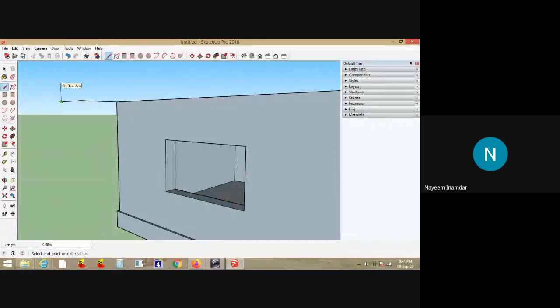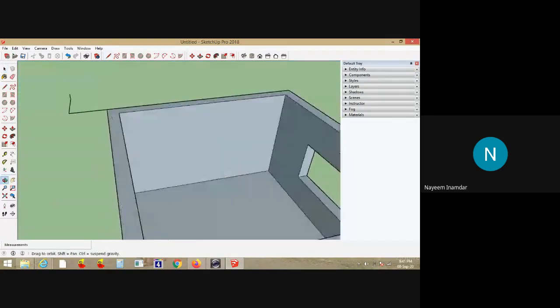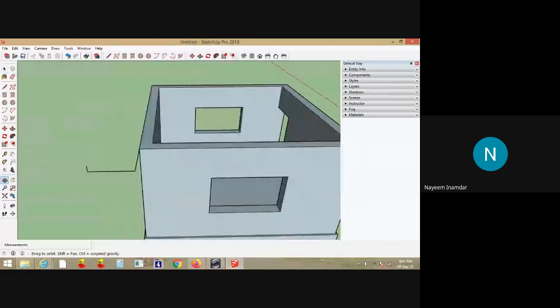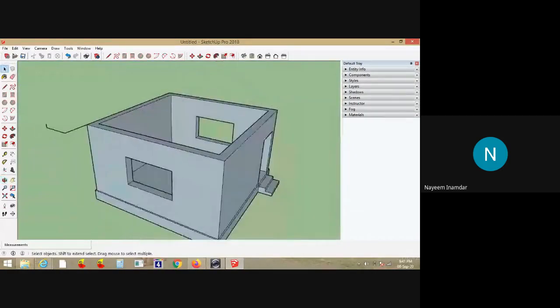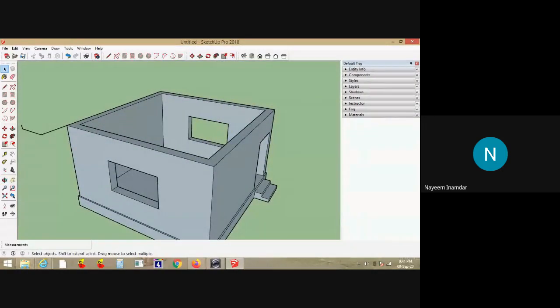Suppose the slab thickness is 0.15. I'll have a line of 0.15. So this is one corner, and opposite to this wall is this corner.